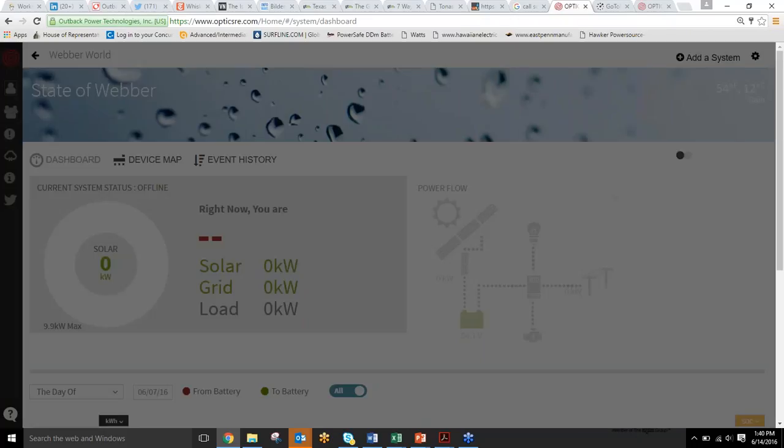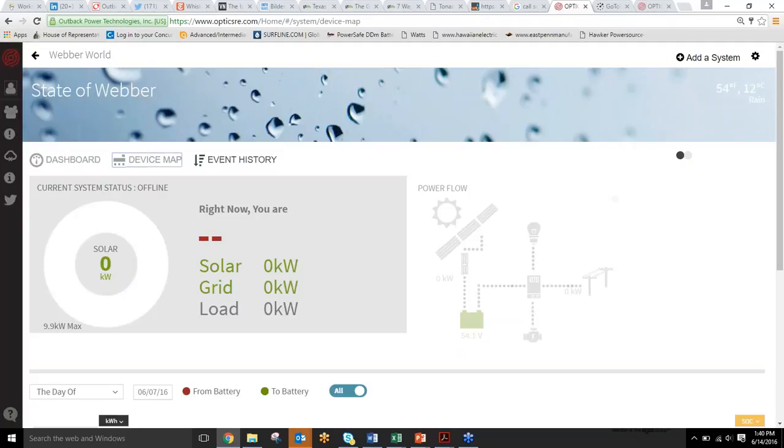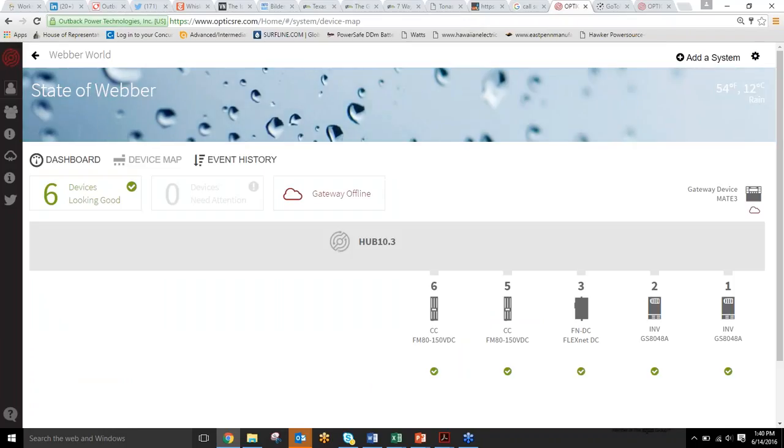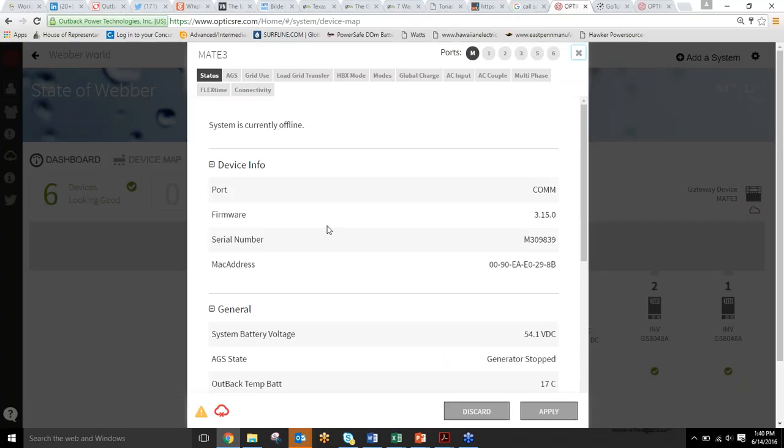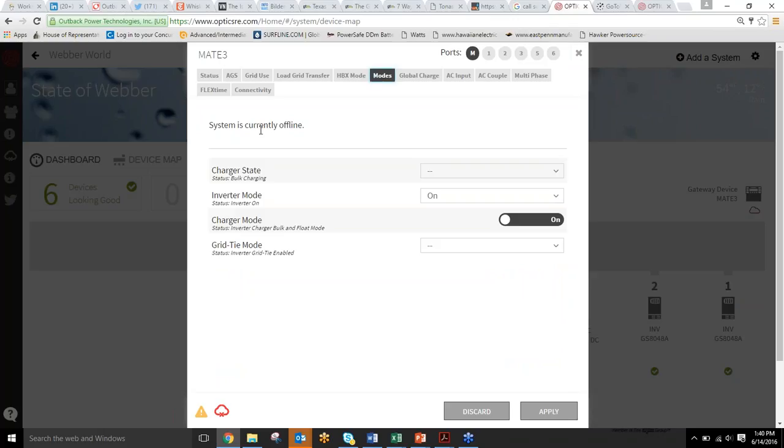Now, the next interesting piece, and this is where we really get into a lot of the programming, we go to the device map. So again, same list we saw before, 8048, it's actually a 4048, a couple of charge controllers, FlexNet DC. What we really want to get into here is the Mate 3. Now, remember we talked about some of the grid interactive stuff. We talked about the different modes that are available to use. Well, in here, you can,